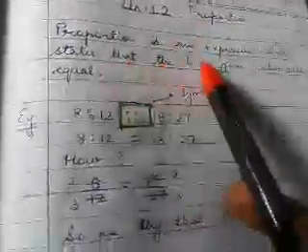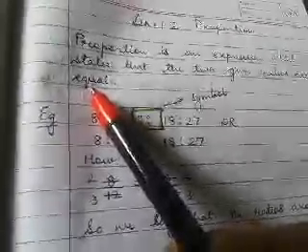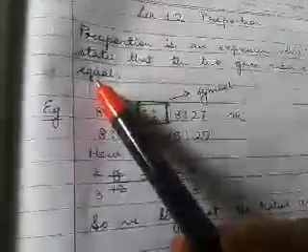Now we'll see a quick revision of proportion. Proportion is an expression which states that the two given ratios are equal. Up to now in the ratio chapter, lesson number 11, we were only thinking about ratio. What is ratio? Ratio is comparison by dividing. So we were thinking only about ratio. Here you will see we have two ratios. So what is proportion? Proportion is an expression which states that two ratios are equal.